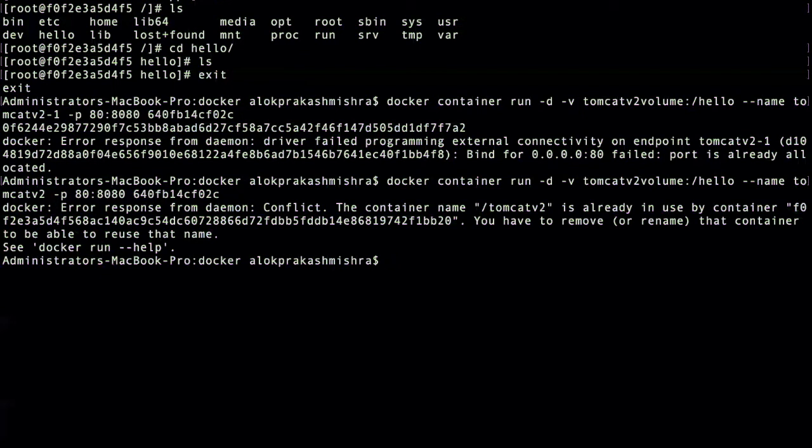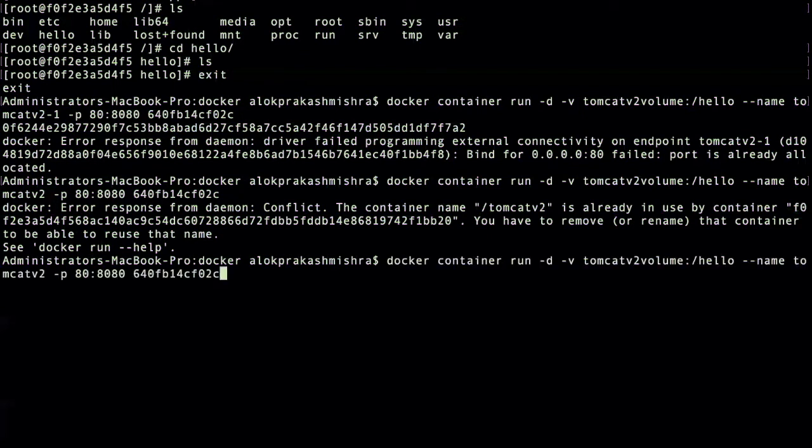You have to remove the container to be able to use that name. The problem is this port, it looks like 81. The volume part is fine. Name, I will use 3.